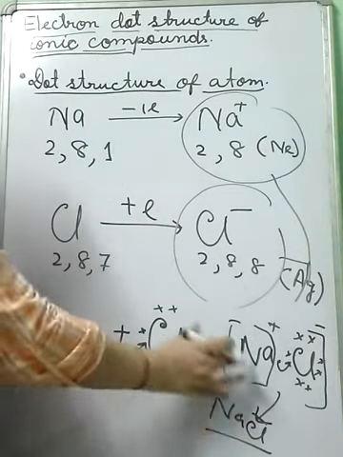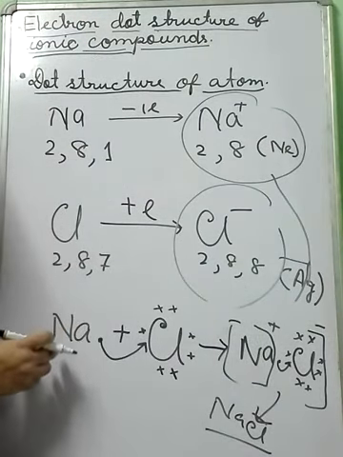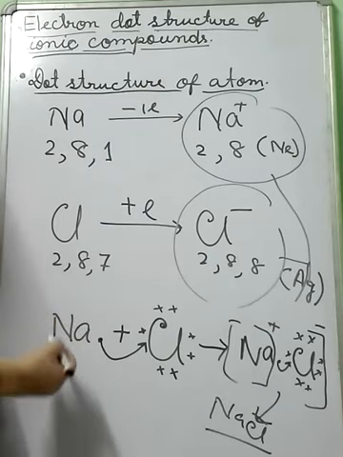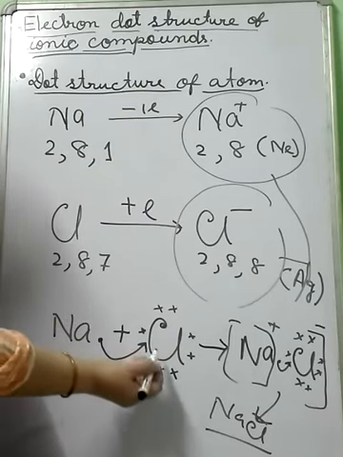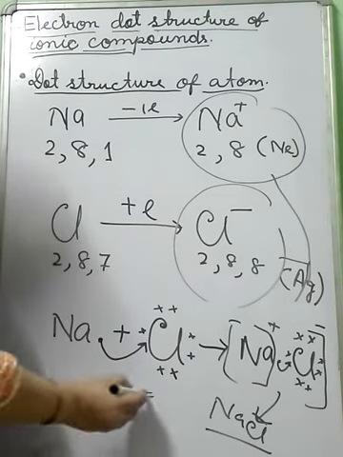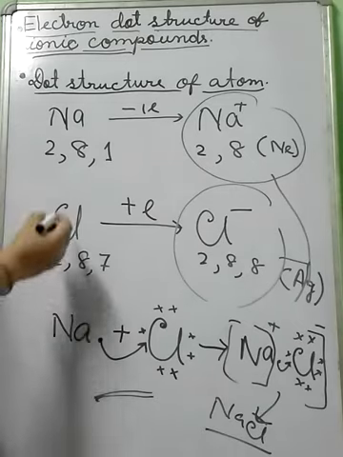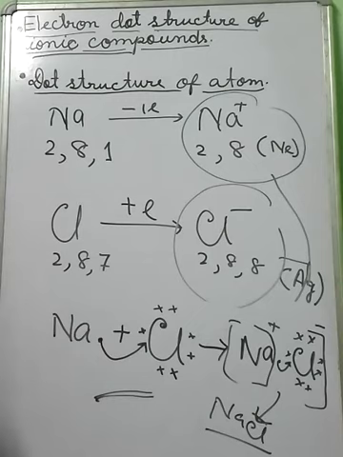So this can also be said to be the electron transfer method. So it may come in this way also, how do you explain the sodium chloride molecule formation by the electron transfer method. So in this way, we draw the dot structure for the ionic compound. So this is just one example, formation of sodium chloride.